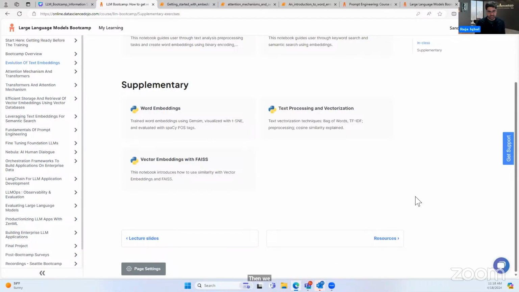How do you store them efficiently? Then we start with Weaviate, our partner, one of the leading vector databases in the space. So we'll have one of our partners from Weaviate come and talk about all the challenges, or maybe start with why